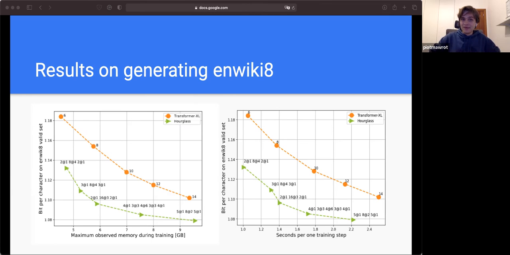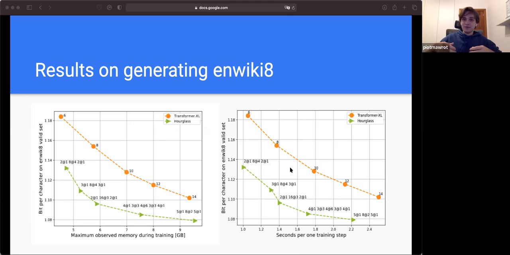On the right-hand side, we see the plot of seconds per 1 training step versus the final perplexity. And the lower, the better, because the less time we need for 1 training step, the faster we will complete our training. And please notice that both of these graphs consist of the same models, the same hierarchies. And in both of them, we see improvements. So to conclude, we observe that